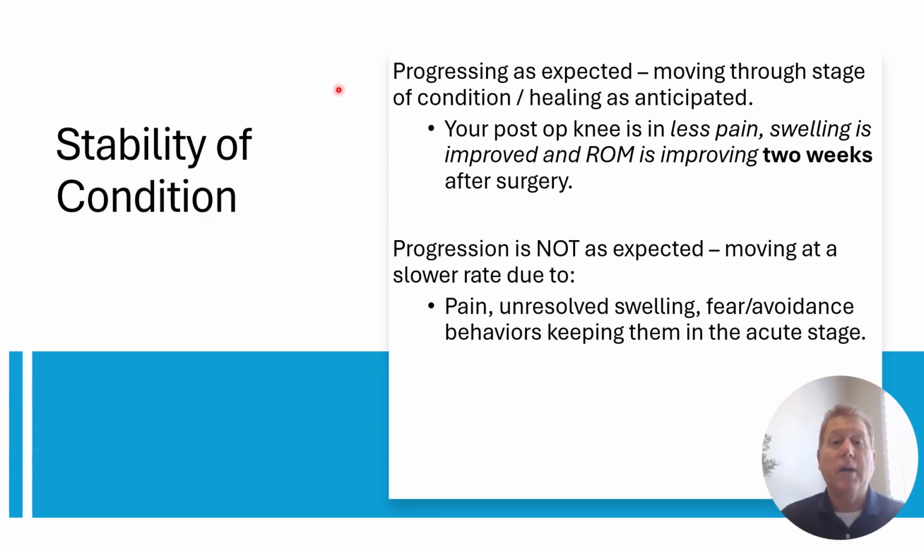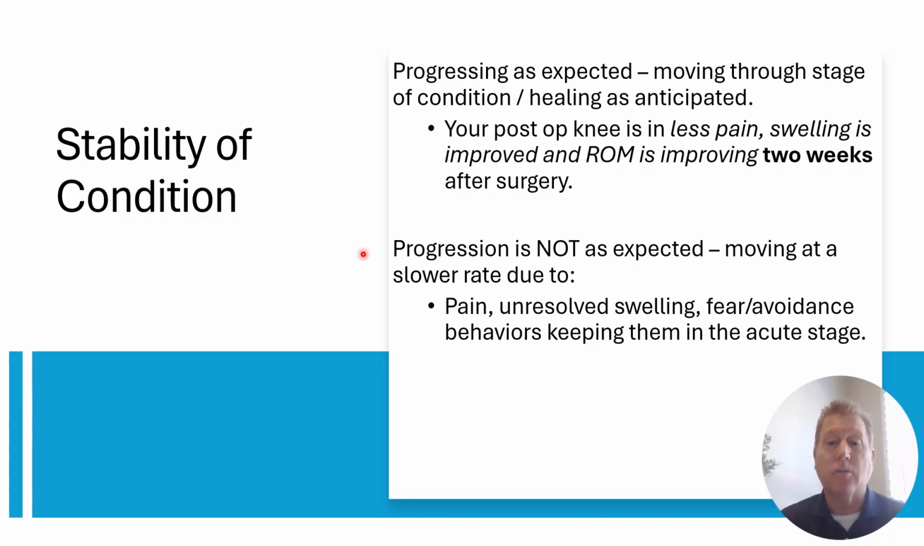One of the things that you might say in your assessment, this patient is progressing as anticipated. Your knee pain is less, the swelling is improved, and the range of motion is improving 2 weeks after surgery. Those are all objective pieces that we can then put a number to. The range of motion is improved, the circumferential swelling around the knee is decreased, and their visual analog scale, or their 1 out of 10 number on their pain, is also improved. Or they may progress